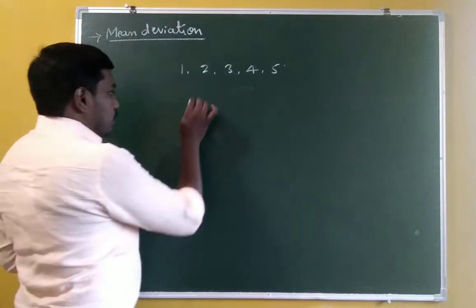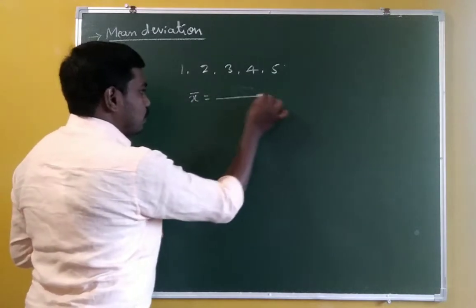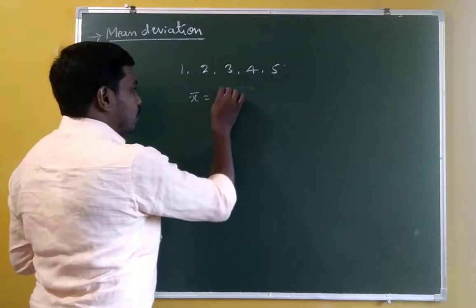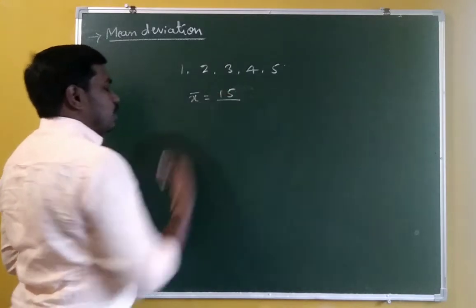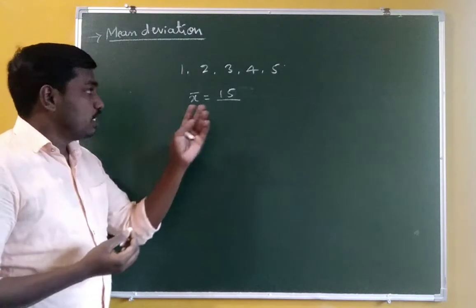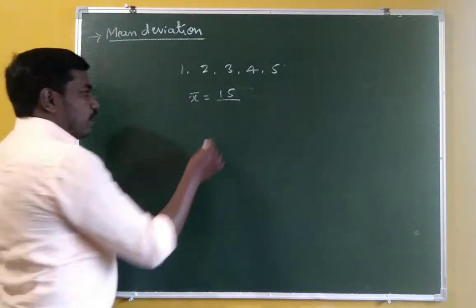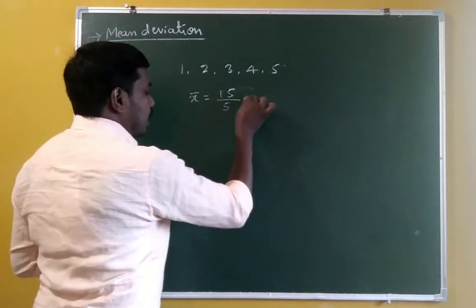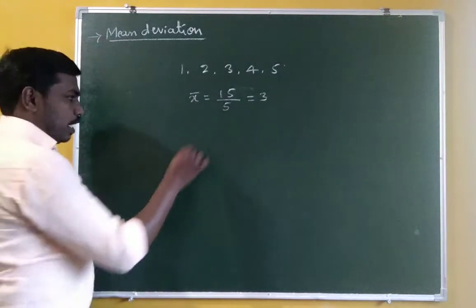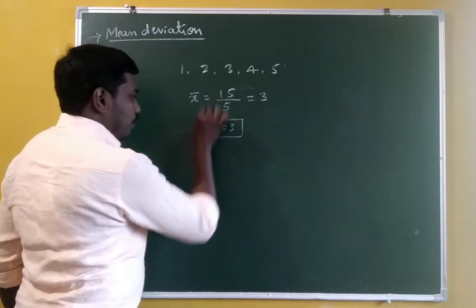So what is the mean? The mean is the ratio of the sum of all observations. 1 plus 2 is 3, 3 plus 3 is 6, 6 plus 4 is 10, 10 plus 5 is 15. The number of observations is 5. Clearly, the mean of the 5 observations is 3. Okay, so this is the mean. So from the mean